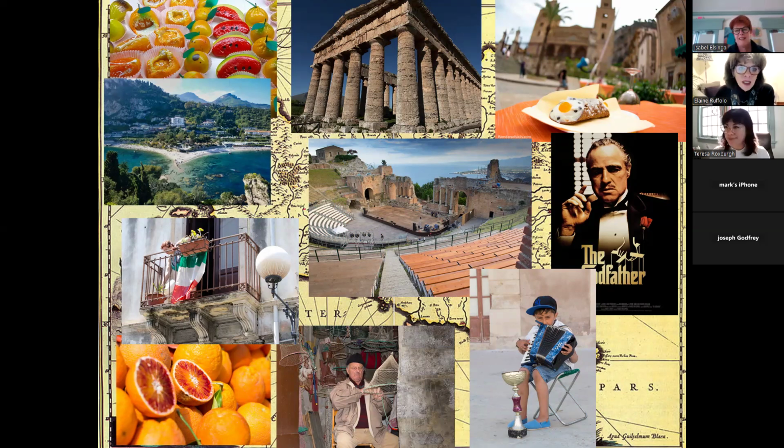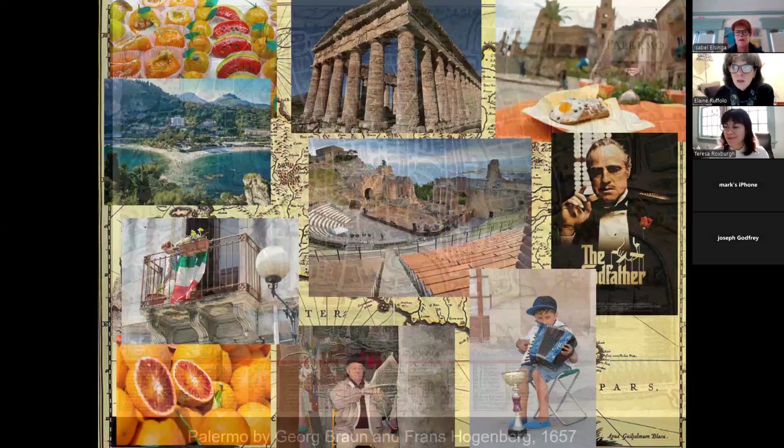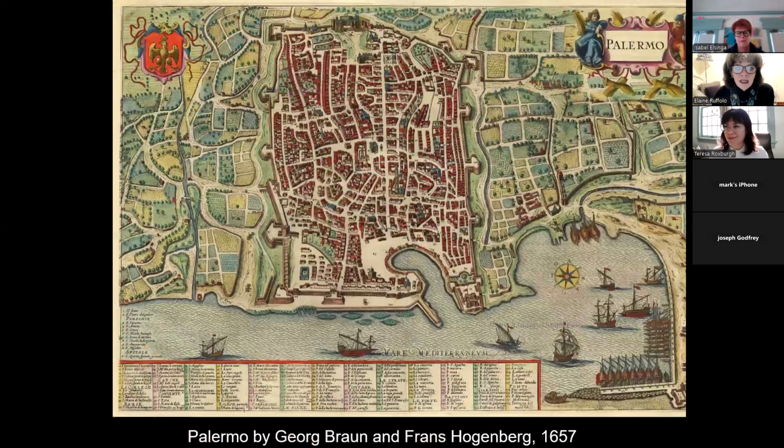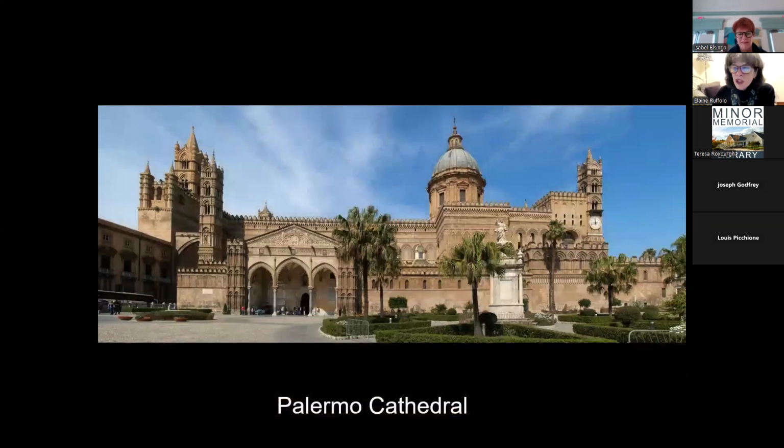The capital of Sicily is a town called Palermo, and it's in the northwest corner of the island of Sicily, and in the very heart of the city lies an astonishing building, which I like to use as a symbol for the entire island. And that is, of course, the cathedral. And here is the Cathedral of Palermo,